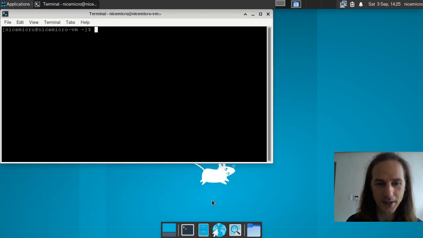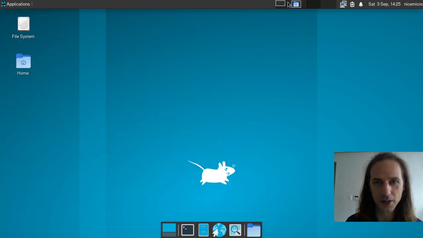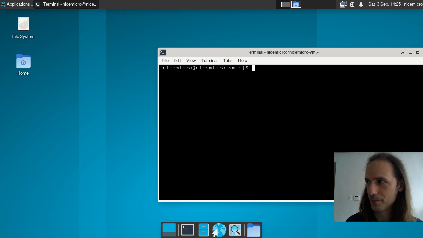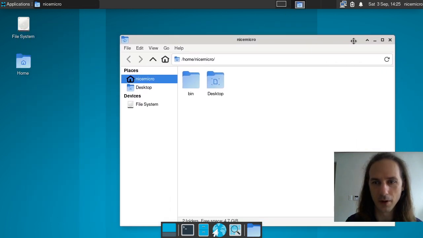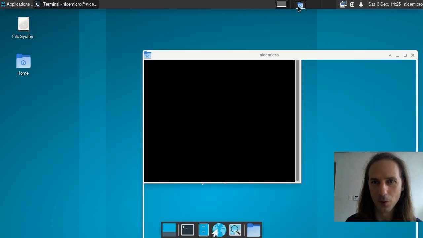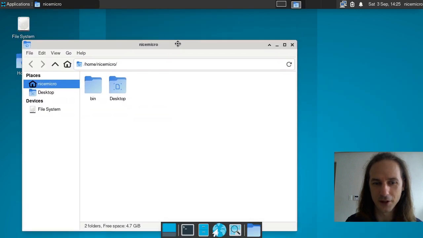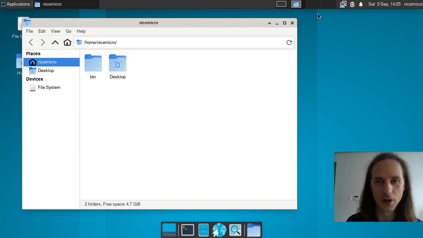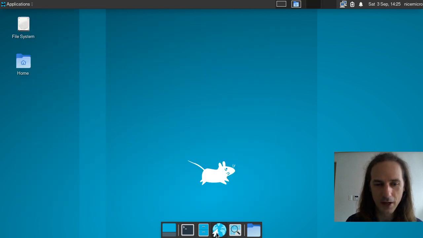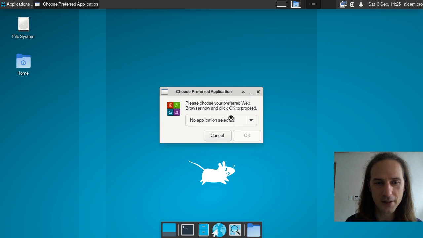So let's put it on the second workspace, and you can see how each of the workspaces will show you what part of the workspace is covered up with what window. This is a nice little aesthetic choice, and you can see that the dock is hiding if you have a window down there. We have the internet, which is not yet set up,